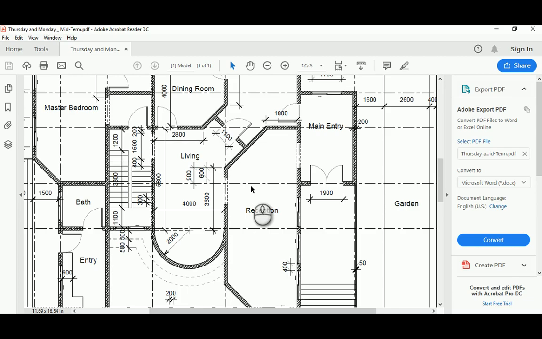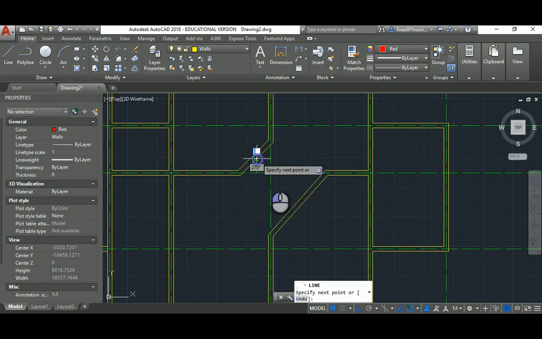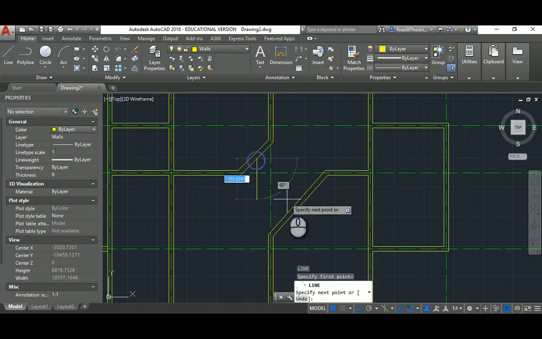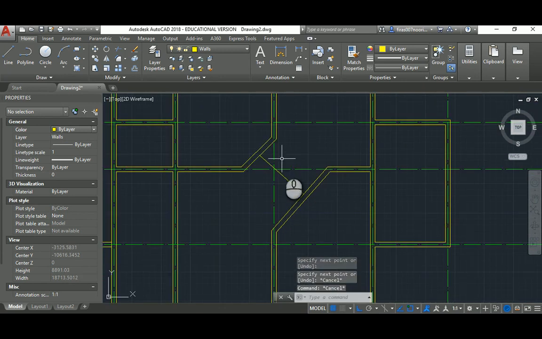Now, nothing indicates where that door is, where that wall is, so they have to be in the middle. So again, from the middle, you have to use perpendicular here. I'll use mid anyway. Let me get back this to by layer. Let's go from the mid of this. I'll use mid of that. It should be perpendicular at some point. Yes, that's my point. And offset 100